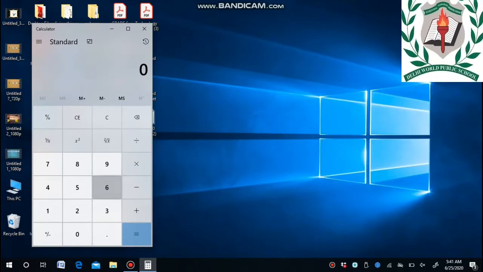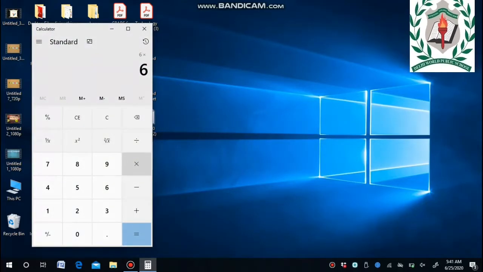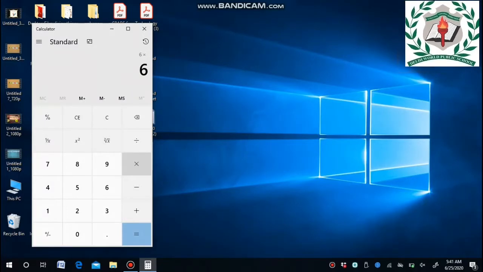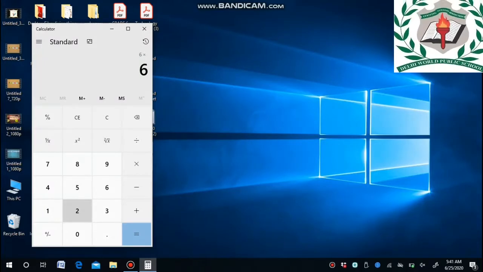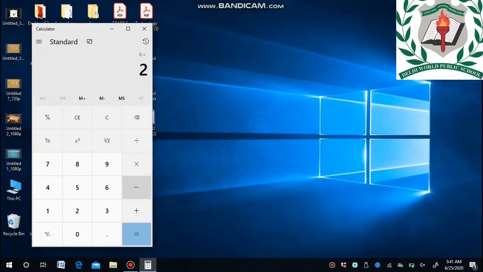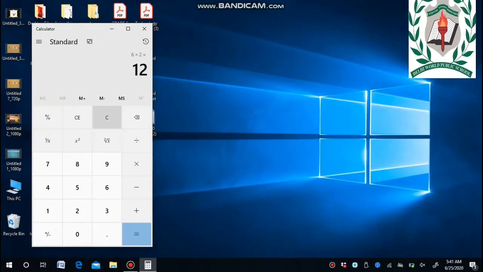Now let me do it with the multiplication symbol. 6, multiplication symbol, just click it. And then again I want to give 2. We need that answer, right? So click equal to. The answer is 12.